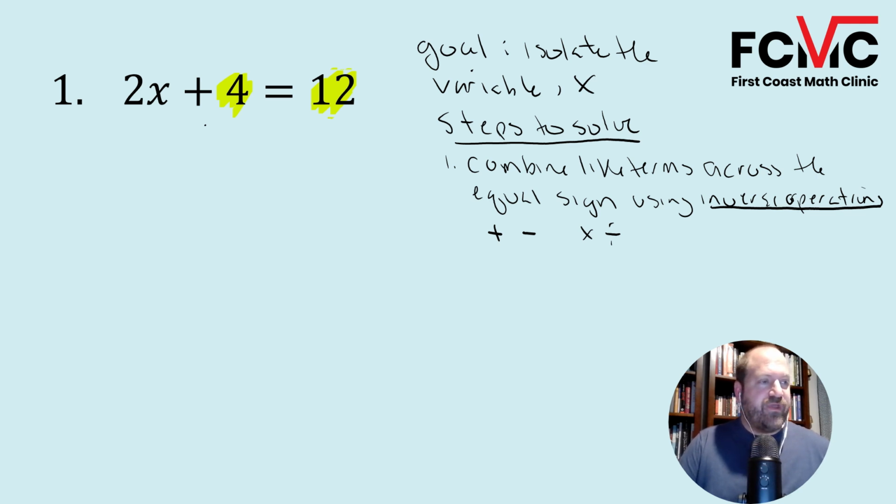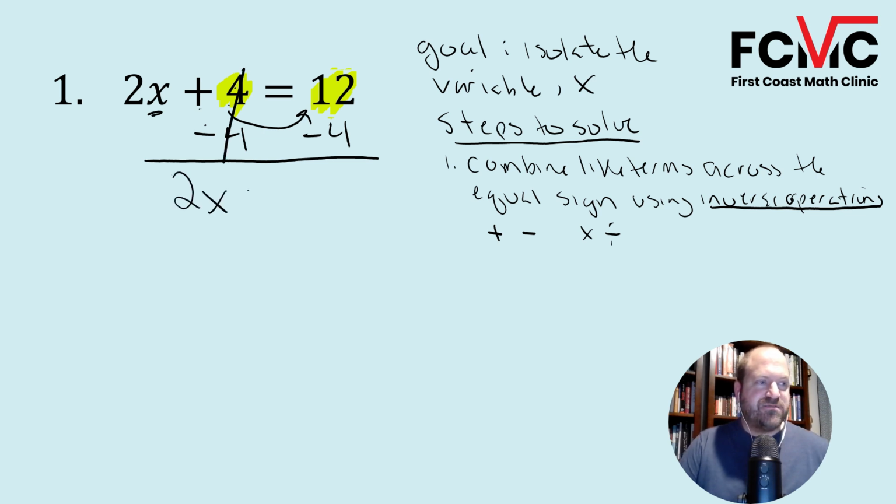So to combine our like terms, if my goal is to get this x by itself, I want to keep that x where it is. Let's move this 4 to the right side. So my inverse operation, inverse of adding, is going to be subtracting. So I'm going to subtract 4 and subtract 4. 4 minus 4 is 0, so those cancel out. And in the next step, I've got 2x equals, and then 12 minus 4 is going to give us 8. My next step